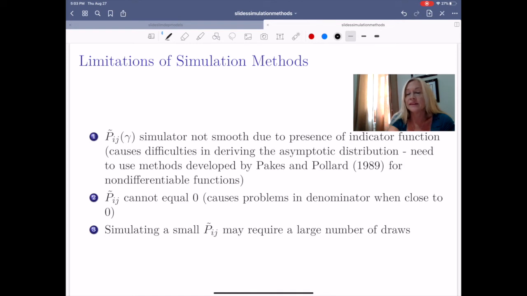And there are methods, like Pakes and Pollard have a famous paper about how to get the asymptotic distribution for non-differentiable functions. I mean, quantile estimators, you have to deal with these sorts of issues all the time. But in this case, well,